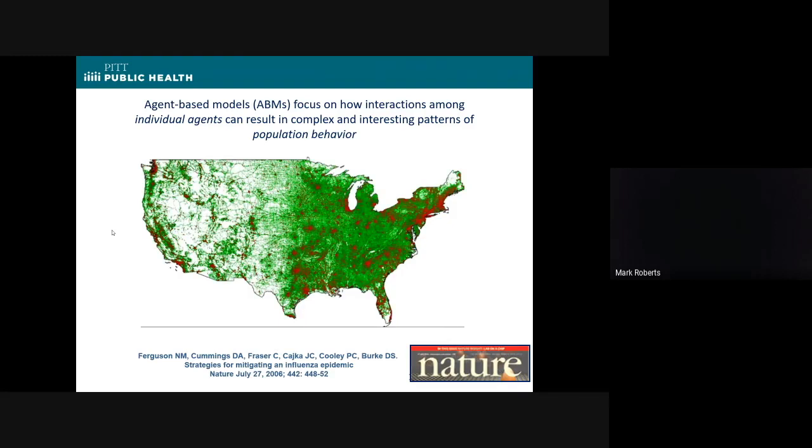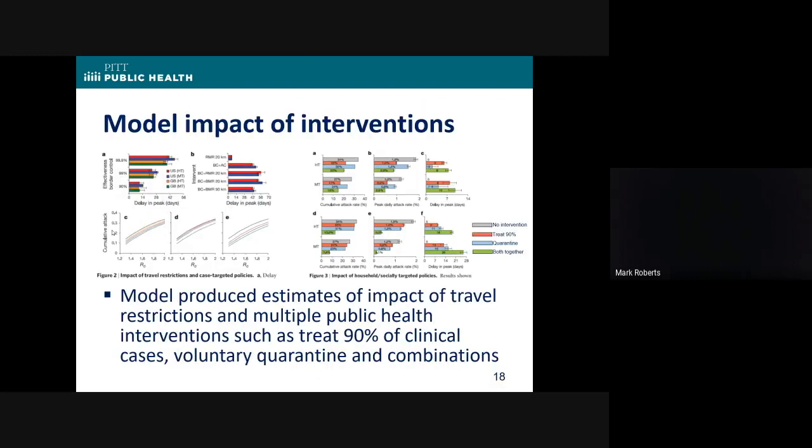There is a sort of a modified gravity model that has the number of people who go between Chicago and LA every day, and between LA and Seattle every day, and stuff like that. We don't get that data directly from the FAA or from other places, but we could have. We just didn't. We also used it in 2008-2009 to run various different scenarios about what happens if you restrict travel, and what happens if you have different targeted policies of quarantining, treating, or both, and we showed the potential reductions with various different combinations of interventions.